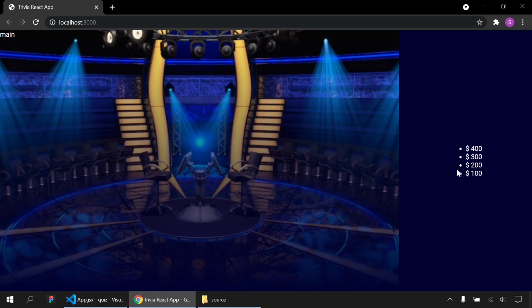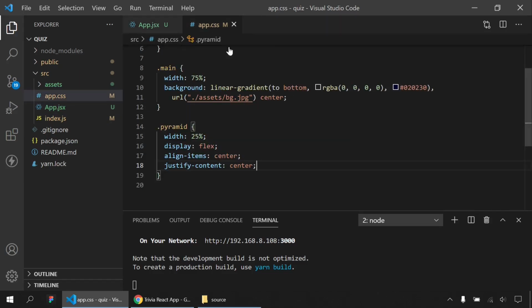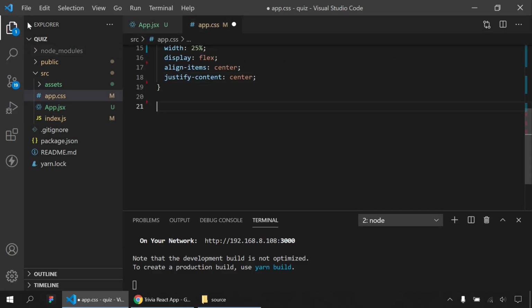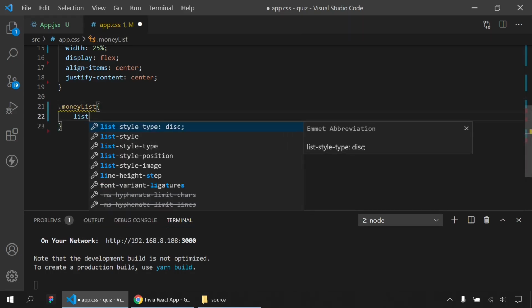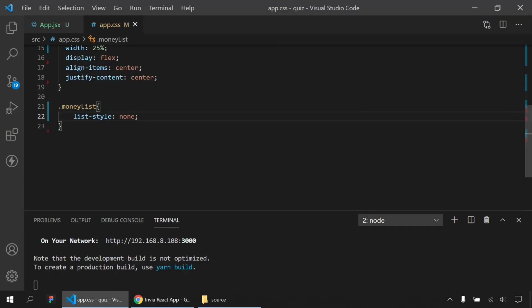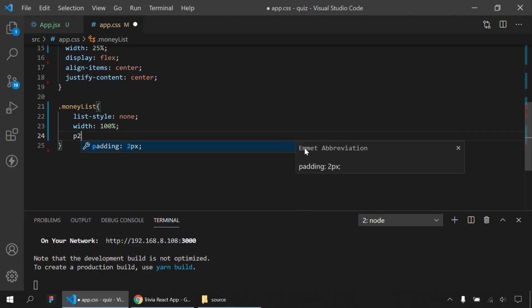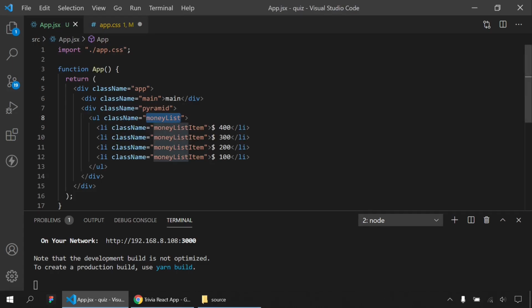But I don't want these dots. What was our list name? Money list. Let's go to CSS file, and here I will say list-style. It's gonna be none. Okay. I will make this larger with 100%. Maybe reduce this padding to 20. Okay. So for the list item, I will say money list item, and let's go to app.js, and here